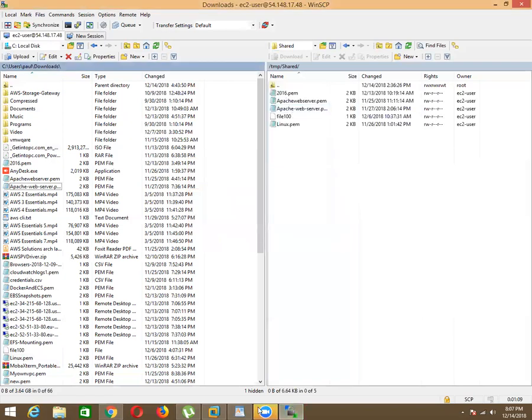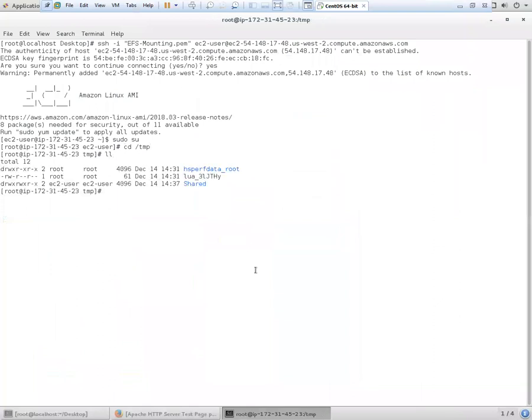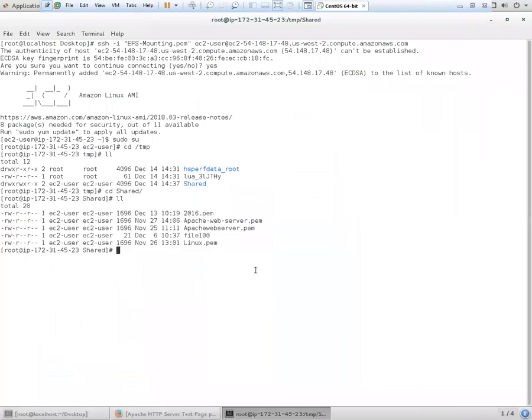Done. Now how to view this? Go to your machine here. Go to cd, and you can see the shared directory is there. cd shared, and there are the files which we copied. But when you use the change mode command and you have restricted the directory, and that is shared,